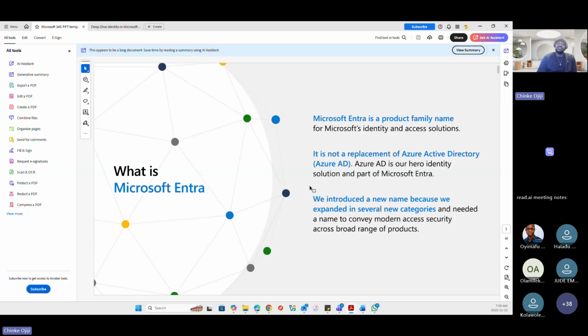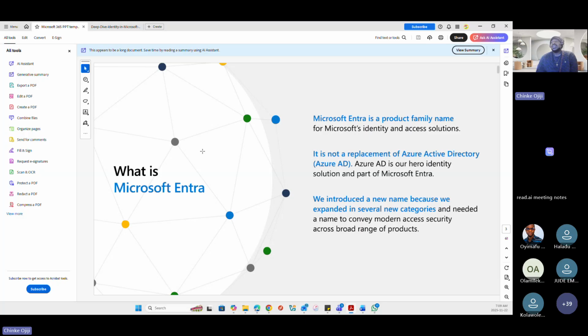Now, they brought Microsoft Entra to try and provide a solution platform mainly for identity and access management, while Azure AD deals with identity in a way, but more also like synchronization as well. It had the synchronization of the on-prem, but these days nobody is really using AD Connect. Everyone is using Cloud Connect instead of AD Connect.